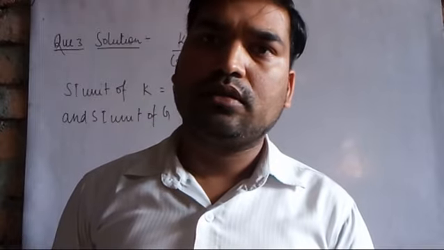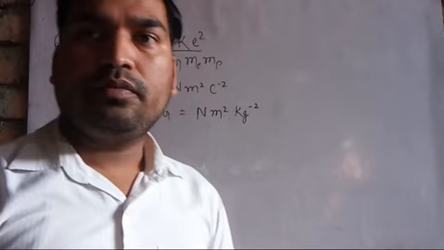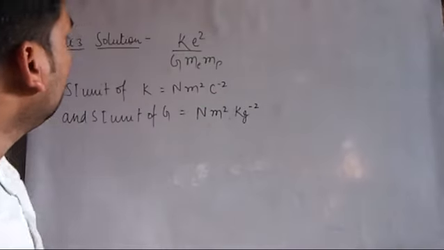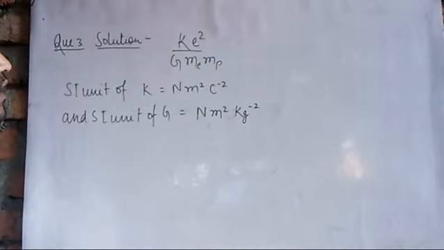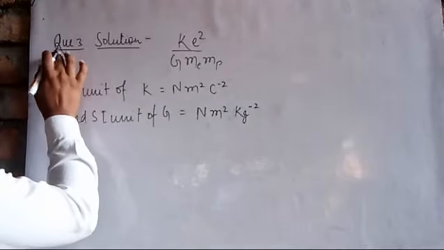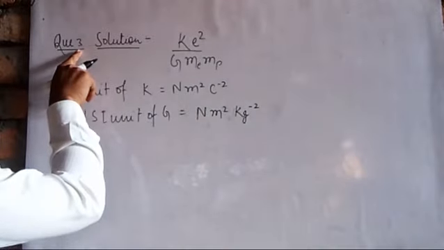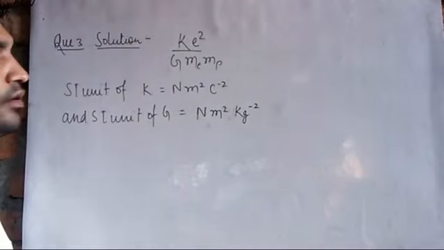This is doubt class and we should understand the NCERT solution of chapter 1. A student had a doubt in question number 3, which is